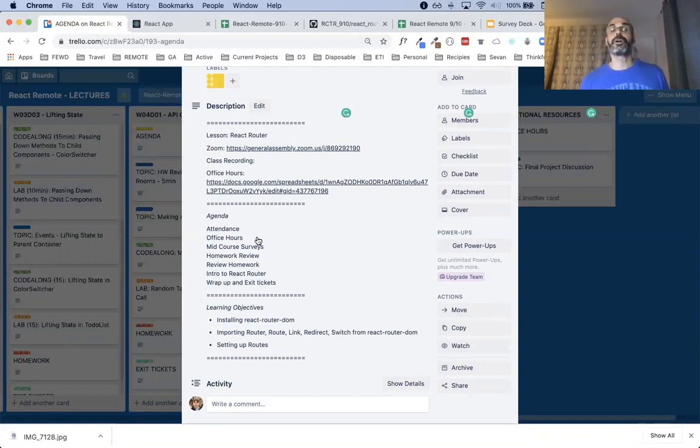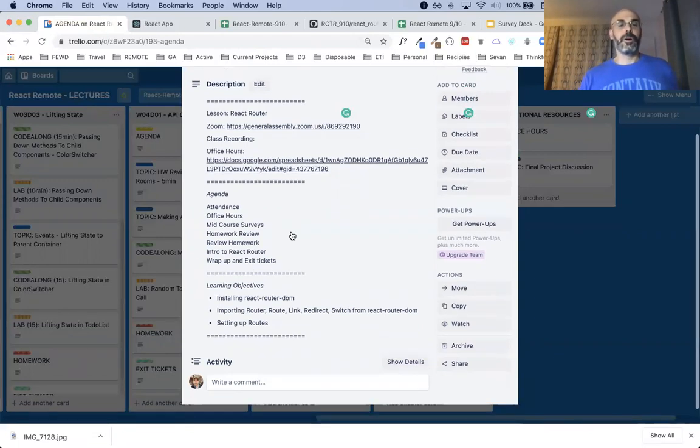We can go through the homework. We can go through any of the additional ones if you happen to be working on the traffic light or city picks. I just posted a new one called Memory Game, which has cards that you flip over. We took a look at the API for deck of cards, so you can always incorporate that. It's just a conversion of one JavaScript thing into React. You just have to figure out how to convert it. Same thing with the others. I stress the importance of the office hours.